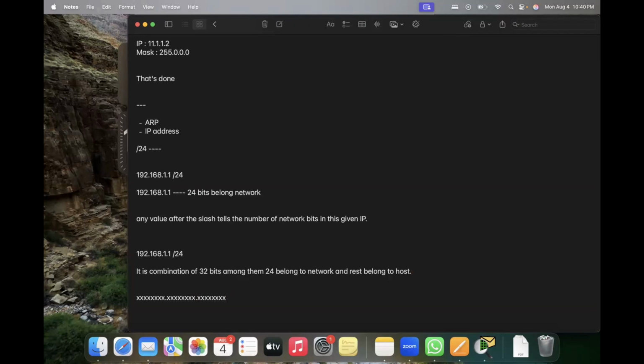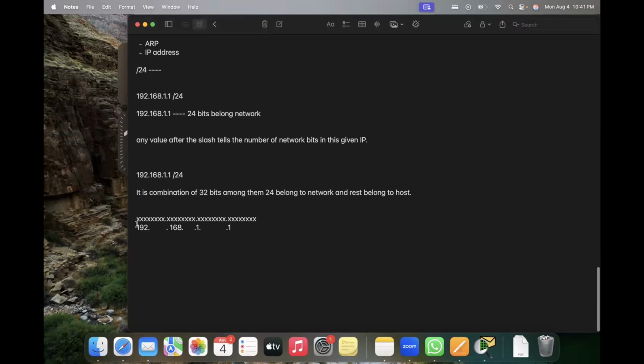Let me go ahead and make it more easy. अब इस वाले के जगह पे मेरे पास 192 है ना, इस 8 बिट की जगह पे, मतलब कॉम्बिनेशन ऑफ दीज बिट्स इज बिकमिंग 192। इसके जगह पे 168 है, और यहाँ पे 1 है, और यहाँ पे 1। ये बात समझ में आई? तो स्टार्टिंग के जो ये 3 है ना, 3 यानी 24 बिट यहाँ तक, ये नेटवर्क से बिलोंग करते हैं।